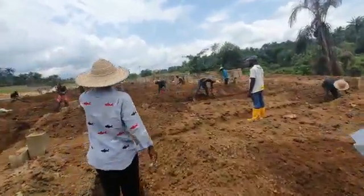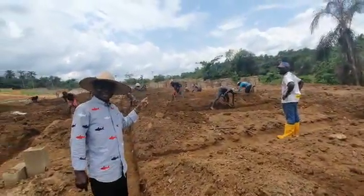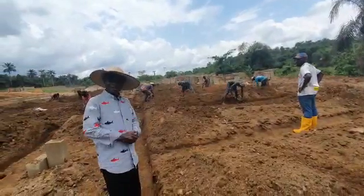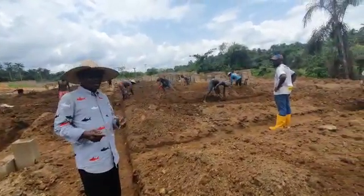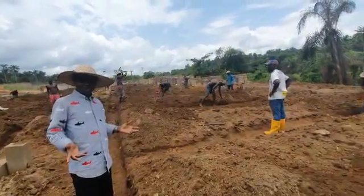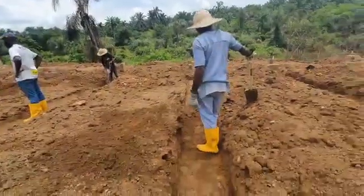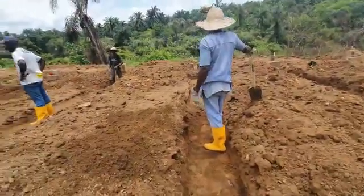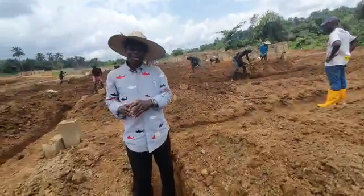You can zoom in on the blocks, see blocks everywhere, but it's just 30% of what is needed. So more cement coming in, more blocks to be molded, so that we can really have speed and the construction progress going on. We expect not to spend more than 1.5 to 2 months here, and with materials at our disposal, I believe